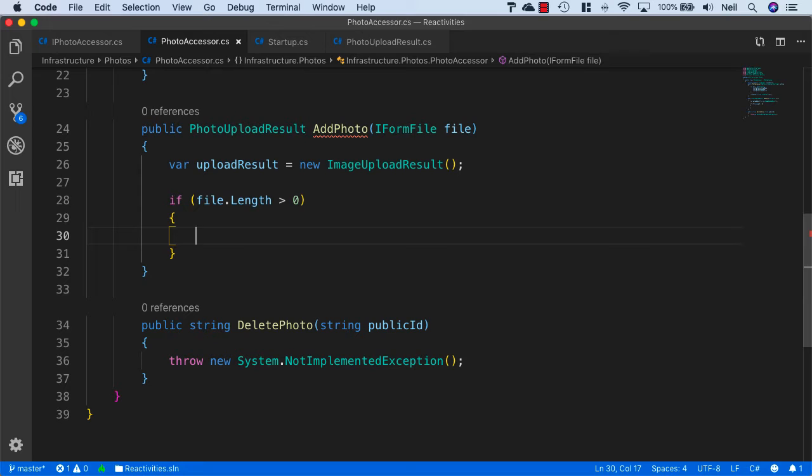And then what we're going to do is read this file into memory. And one of the methods that we can use on a file is to open a read stream and store the contents of the file inside memory. And we can use that to then pass that up to Cloudinary to upload it. But because we're storing this in memory, what we want to do is dispose of this after we've finished this operation. So what we'll use is a using statement, and we'll say var stream equals